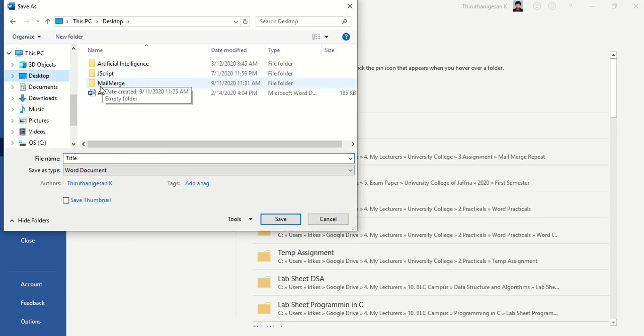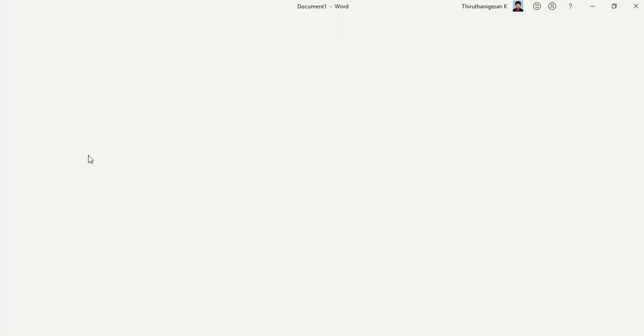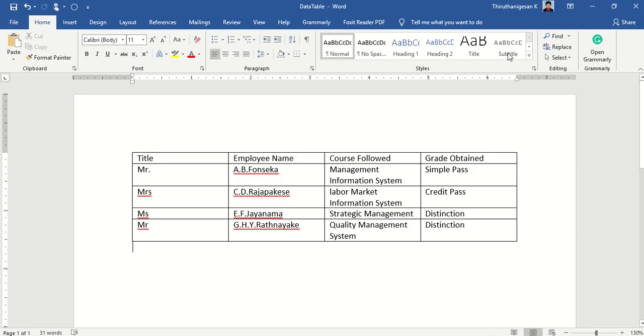Already on my desktop I have created the mail merge folder. Inside the folder with the name data table I am going to save this Word document. So now I have created that mail merge data sheet.